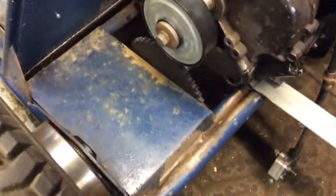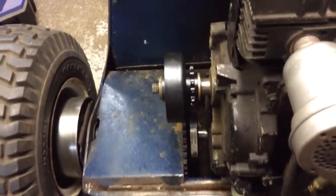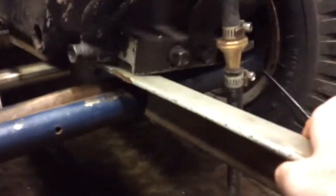Anyhow, so we'll probably have to cut into that plate down there to move the sprocket over. And then it'll come down from this chain down to a shaft, which will probably be bolted on to this angle, which will be more like that, and it'll be bolted to the engine mounts. We'll